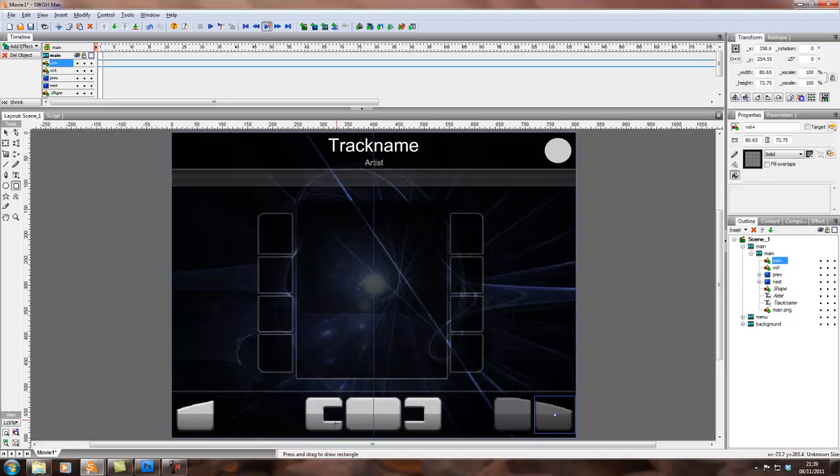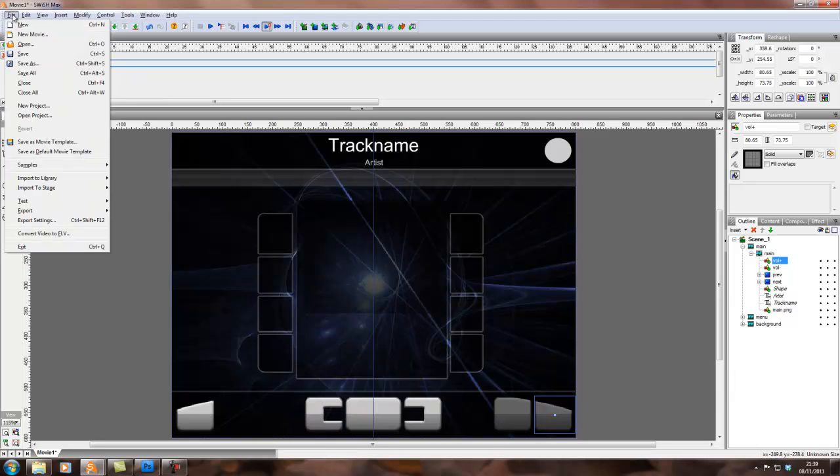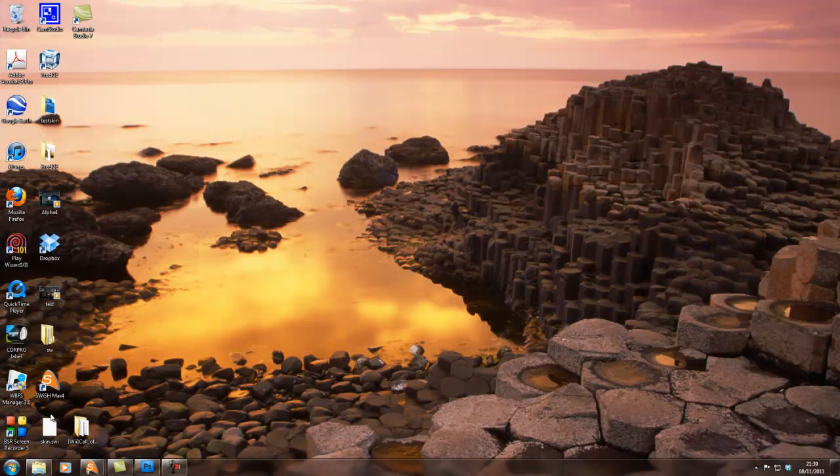Okay, so you've got next, previous, volume up, volume down, exit, done. What we need to do is some screen buttons, but before I do that I'm going to save it and see how it looks in FreeICE. So I'm going to, first of all, let's open up